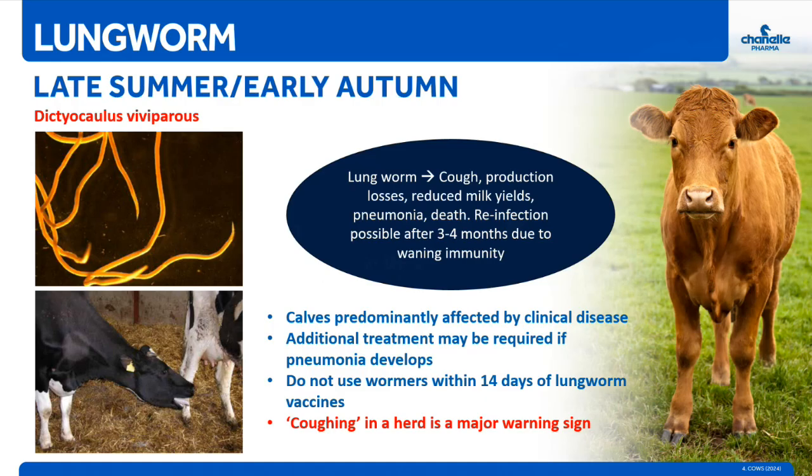The parasite's larvae migrate to the lungs via blood and lymphatic vessels after ingestion, and adults and larvae can actually overwinter in animals, which then act as silent spreaders. The situation with natural immunity is complicated. It develops relatively quickly, but can wane quickly as well, within as little as 3 to 4 months, meaning that reinfection is possible. Low levels of exposure can be useful to maintain this immunity.